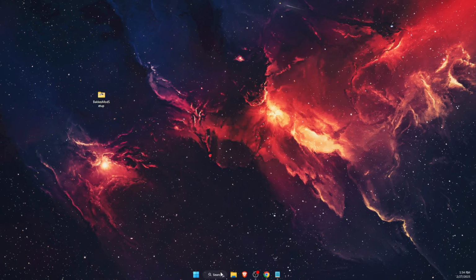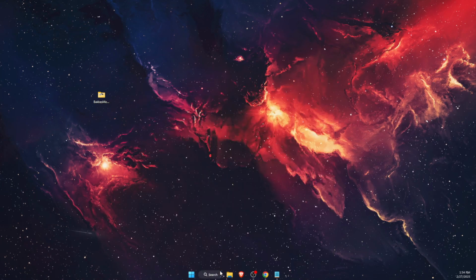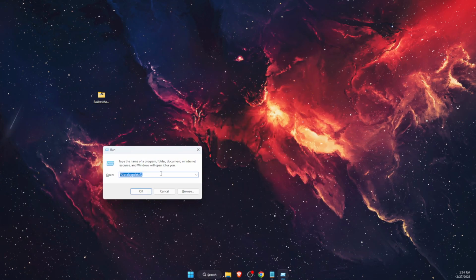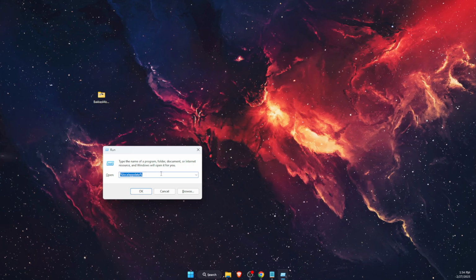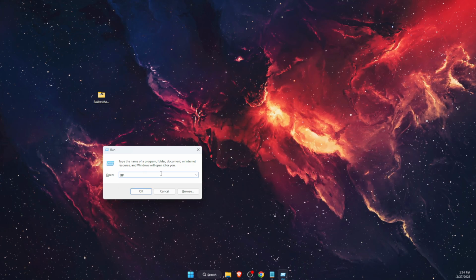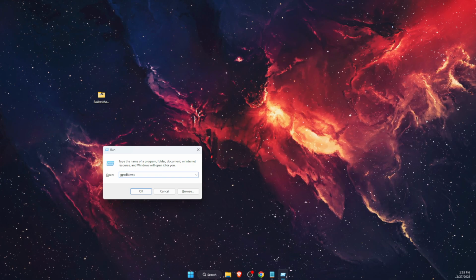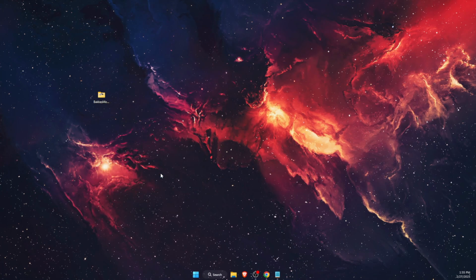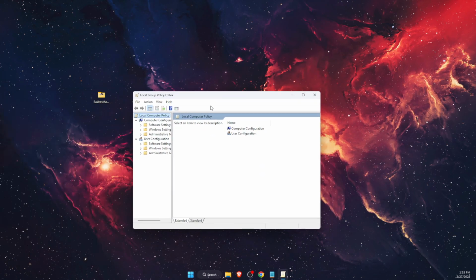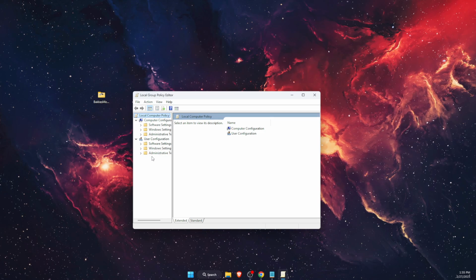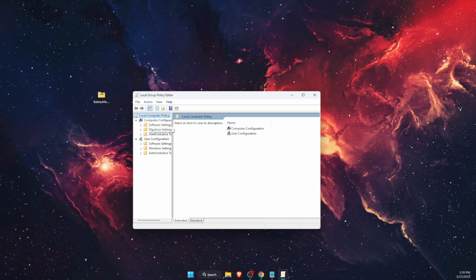Now the problem should be fixed, but if not, you want to go ahead and write down run on the search bar, and here you want to go ahead and write down gpedit.msc, and then click OK. After that, local computer policy will open up. You want to go ahead and choose computer